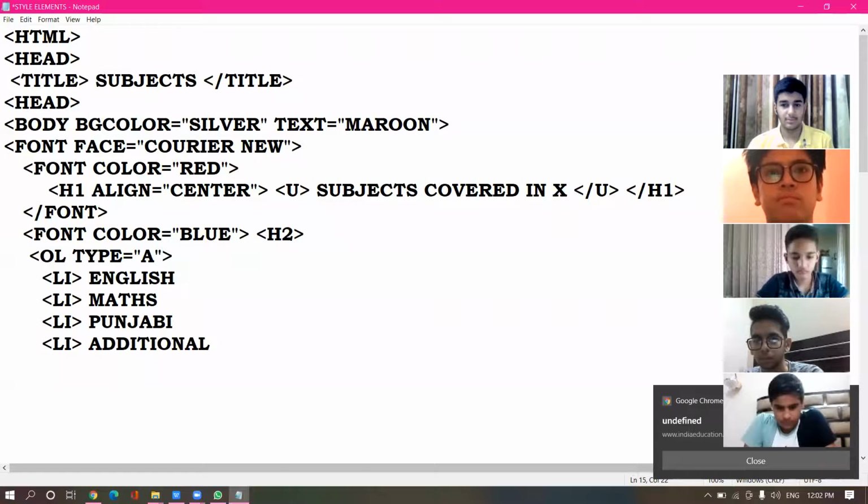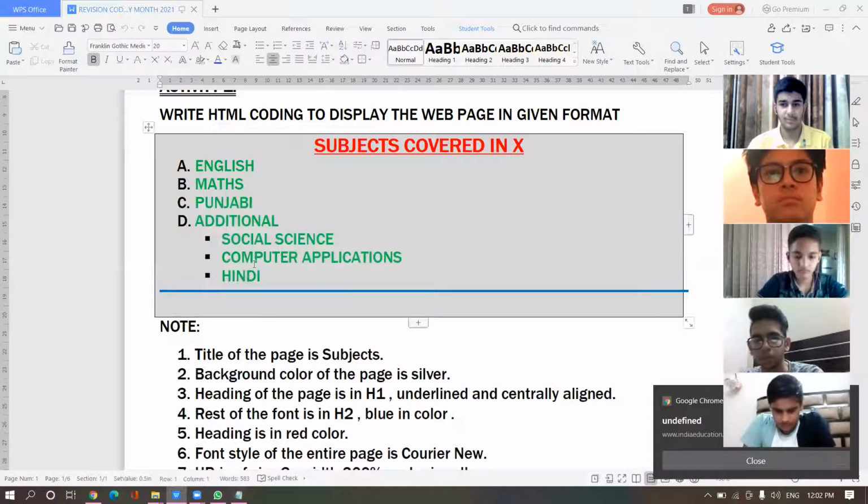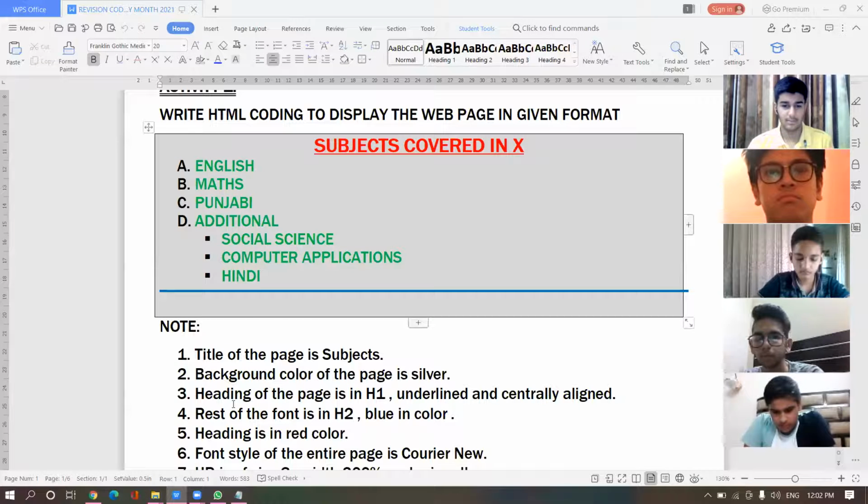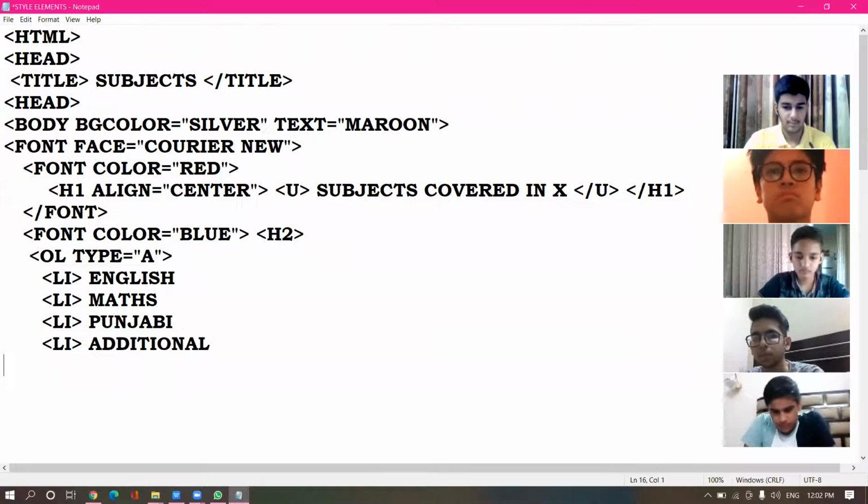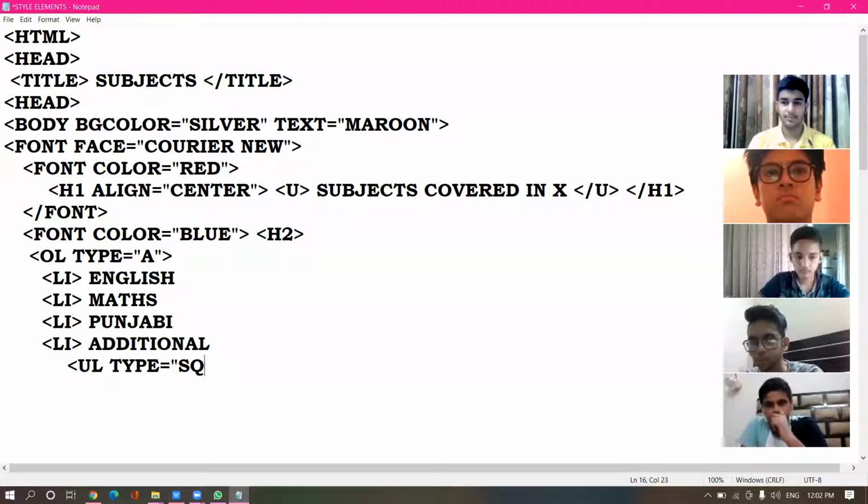Now under the additional, bache, you can see a nested list is being started. That is the unordered list with the type square. So from here we have to start unordered list UL type equal to square.